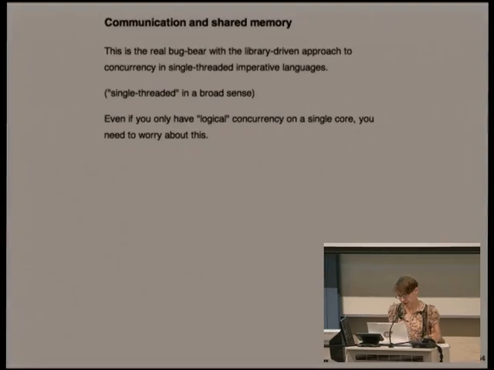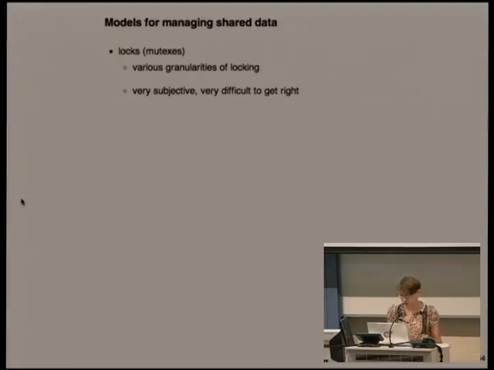You've got concurrency in something like C. C is not a single-threaded language if you use the threading API, but in terms of how a block of code in C runs, it's single-threaded and imperative. Now, even if you only have one core, you still need to worry that if you've got multiple threads running, they can be rescheduled and you'll have a data race, and your program can crash or be wrong. So the obvious way to manage that in C, traditionally, is to use mutexes.